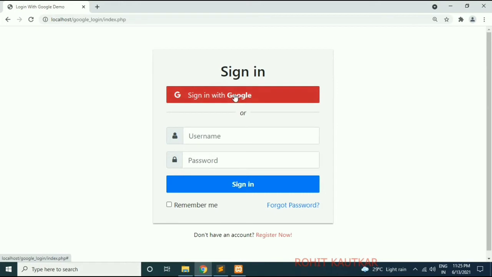Whenever the user provides the right username and password, he will get redirected to dashboard.php. If the user doesn't want to sign in with Google, then he can use the username and password of the account which he has created on this website. So this is what our form is now.